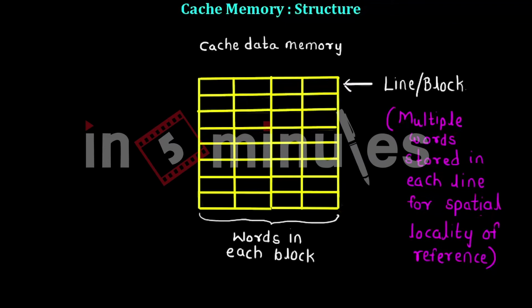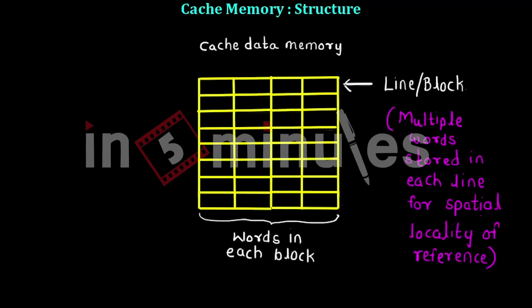What do you mean by that? Whenever the data from the main memory is fetched into the cache memory, instead of accessing one byte or one location from the main memory, it accesses a complete block, because the data placed consecutive to each other are often referenced repeatedly. That is why, to maintain this spatial locality, the entire block is fetched into a particular cache line. So each cache line is going to consist of multiple words. In this particular example, it consists of 4 words.